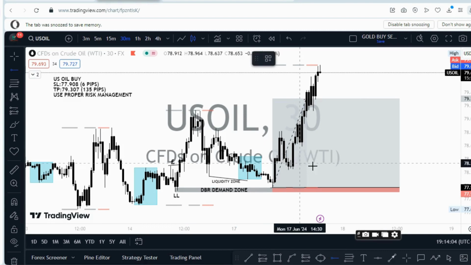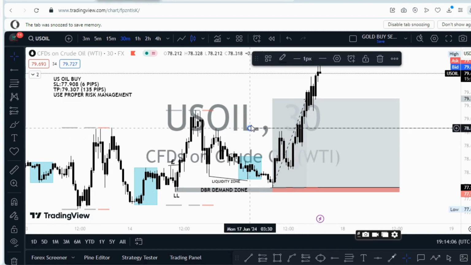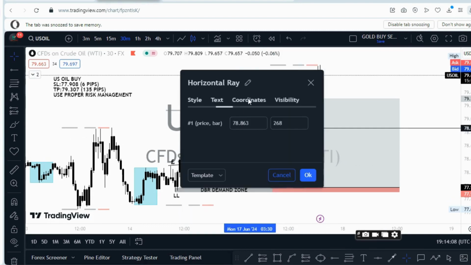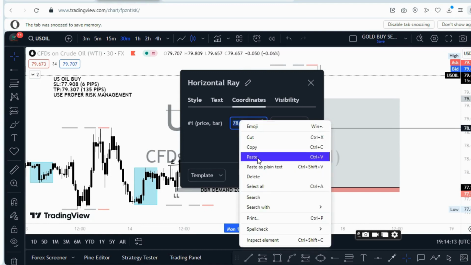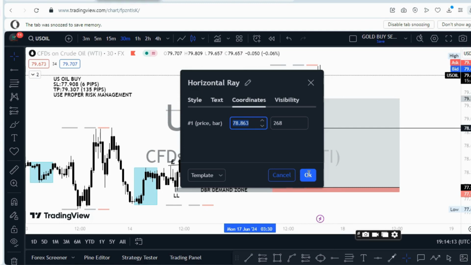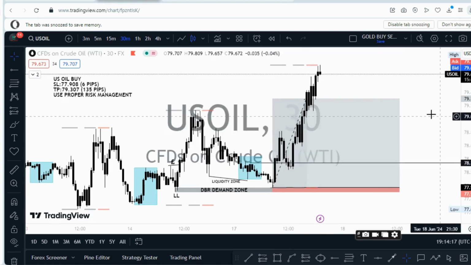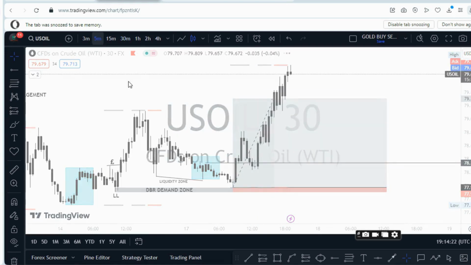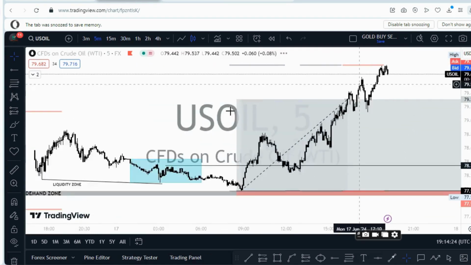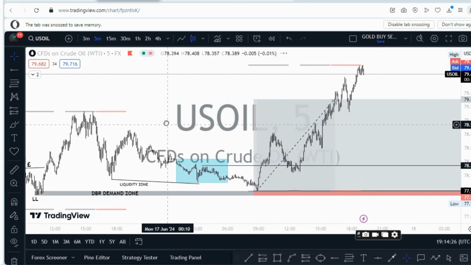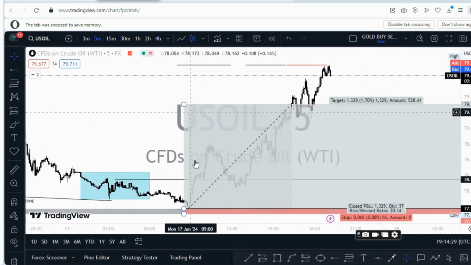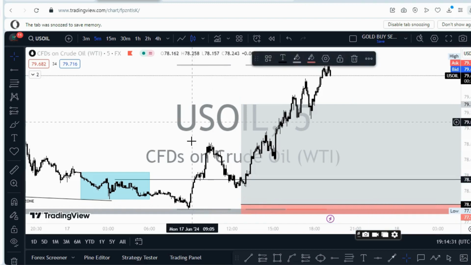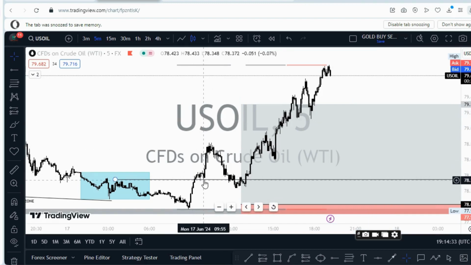So let's just get these two, we put it there, and then let's do this so that I show you what I'm talking about. So we just copy this price point and put it here like that. Let's do this exactly. So the market was, by the time I was telling the community to move their stop loss to this particular area, the market was here. So the market was here when I was asking the guys to actually move their stop loss.